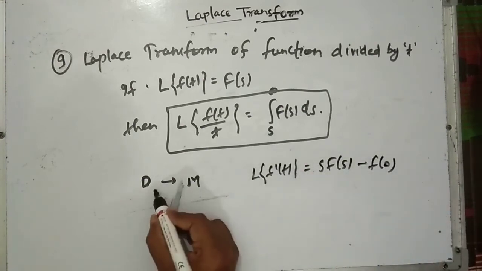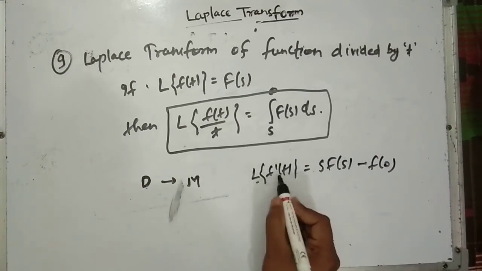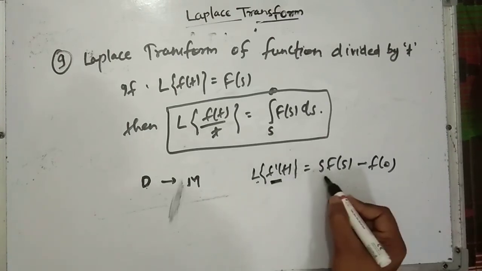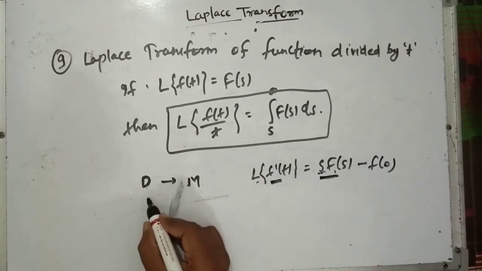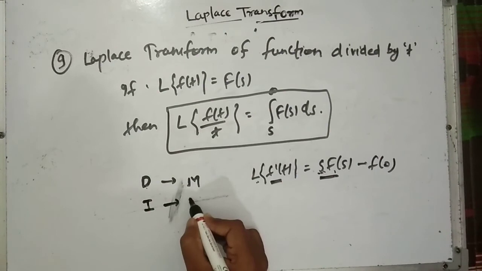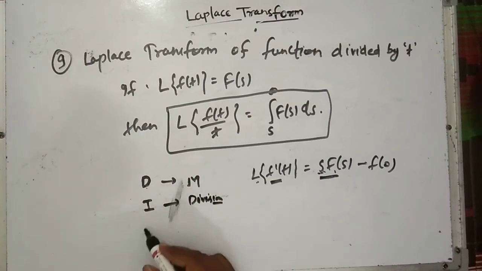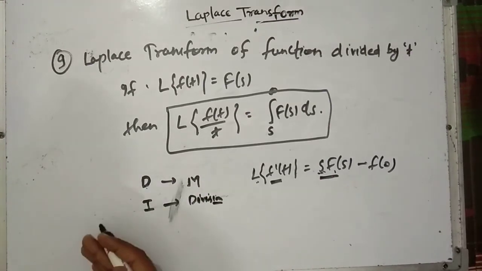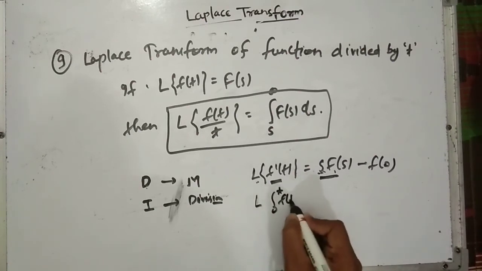Here I am finding the Laplace transform of f dash t, that means derivative. So in the result what we are getting? Multiplying in multiple form. Okay, and if you have to find the Laplace transform of integration, then you get the result in division form. So see the property number 7. What was that? The Laplace transform of the integration from 0 to t of f(t) dt,